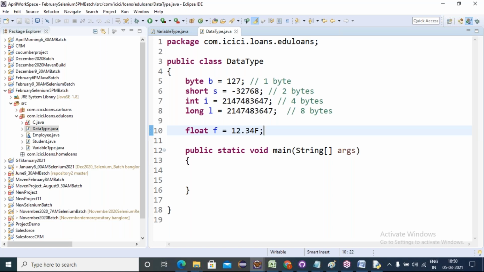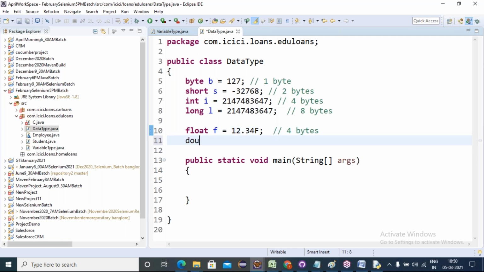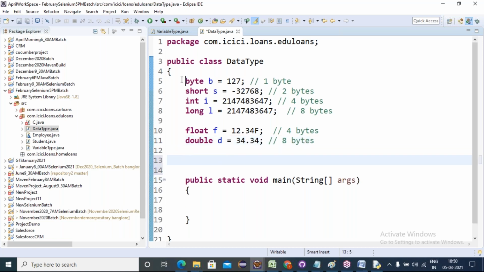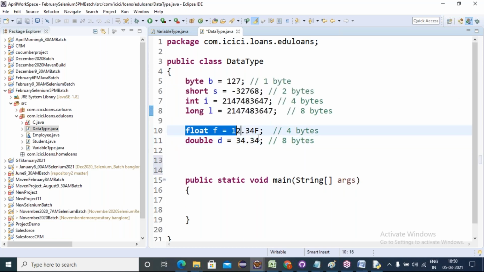That reads as a float type. The size is 4 bytes. Coming to double, the size is 8 bytes.